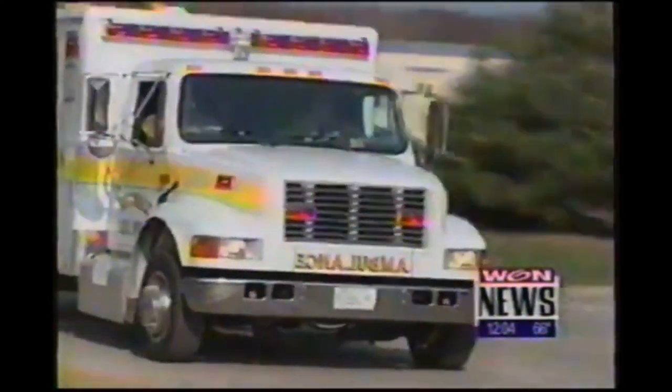30 to 40 ambulances responded to the initial call for assistance, but firefighters who arrived on the scene said the first check for injuries showed no one was seriously hurt, but later...